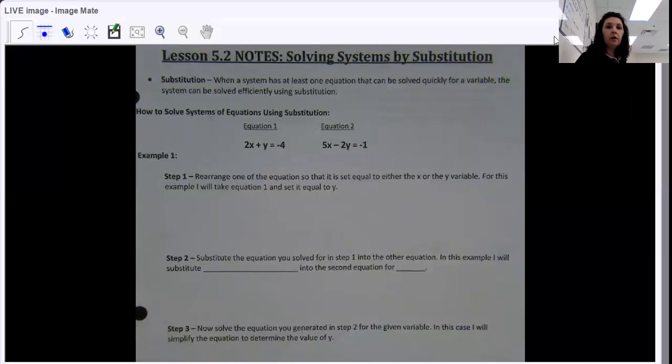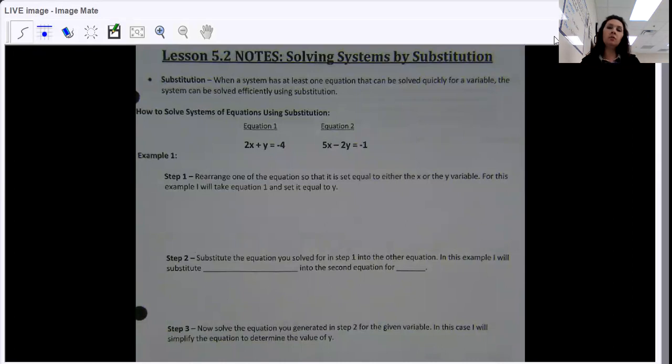Hello, today we are working on lesson 5.2. We're continuing with solving systems of equations. Our last lesson dealt with graphing systems of equations, but today we're going to solve them using a method called substitution. So when I talk about substitution and we're trying to find that solution, an ordered pair,